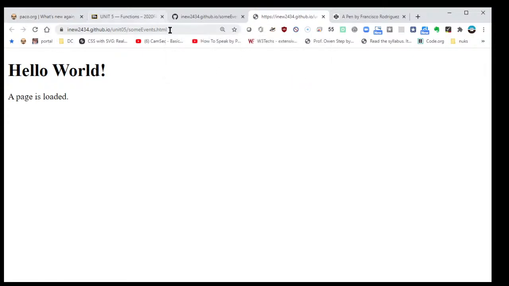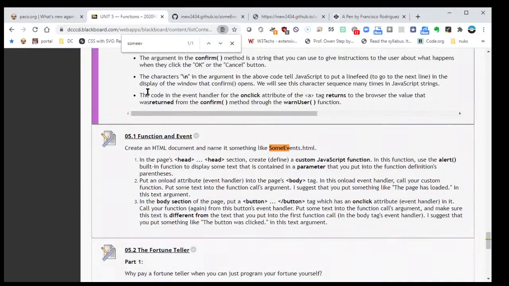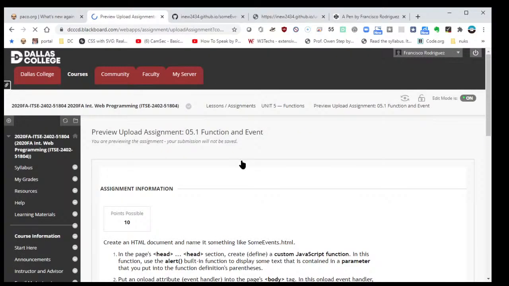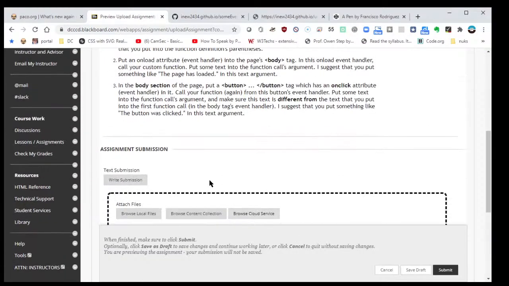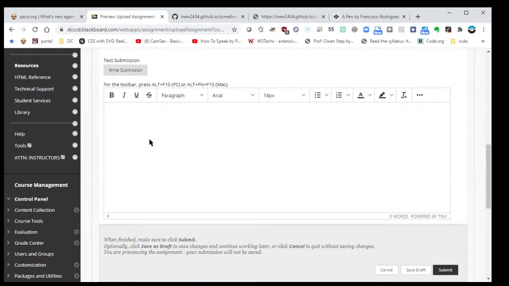I'll click OK, and the URL up here, your username.github.io/unit05/someevents.html. Copy that. Go back to the assignment. That's the first assignment of Unit 5. It's 5.1. Click on the name of the assignment, and under assignment submission, write submission, and in this box press Ctrl V, V as in Victor. That will paste it, and then hit submit, and that will turn in your assignment,